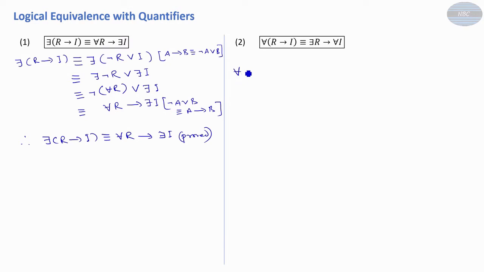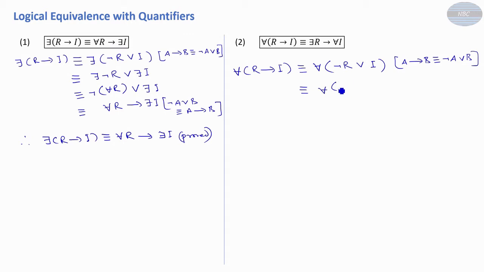We have for all x, P conditional Q, so it can be written as for all x, not P disjunction Q. Here the same formula is being used, that is A conditional B is equivalent to not A disjunction B. Now we can have,